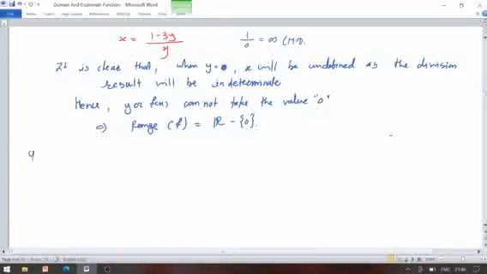Now we are going to discuss the next function. Suppose the next function is of the form f of x equals twice x minus 5 divided by x plus 2. So look at it carefully. Here the value of f of x should exist for the set of all real values of x, but not at the point where x plus 2 equals 0. You might compare this with rational functions also.